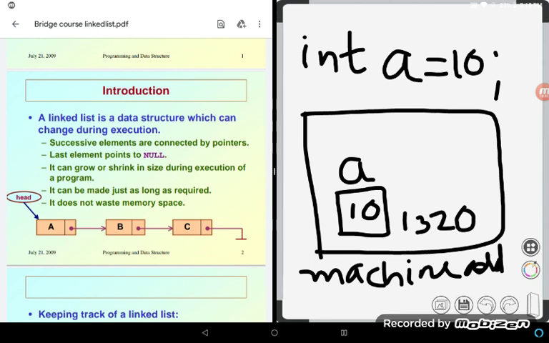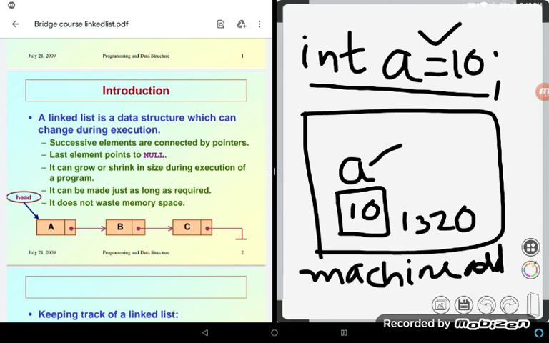1320 is the address, and associated with this simple memory declaration, we have a lot of information. This statement tells the compiler to allocate 2 bytes for the user defined variable A and put 10 in that location. And the machine address is 1320.